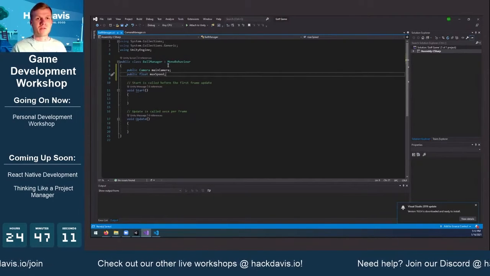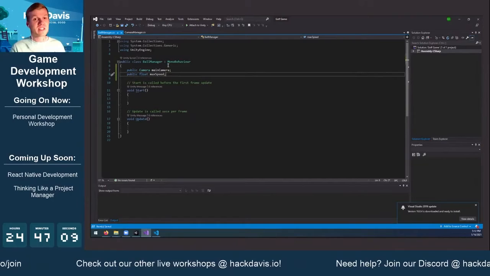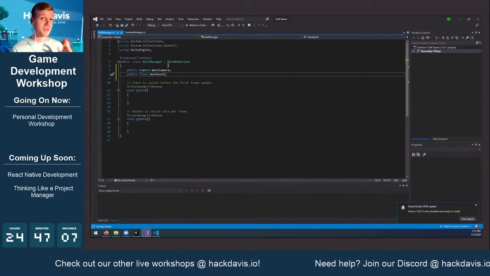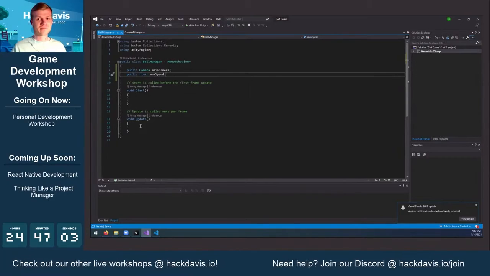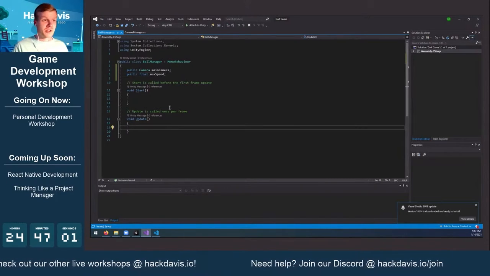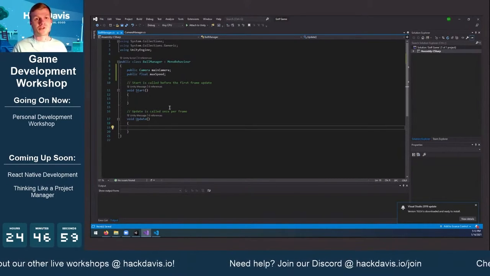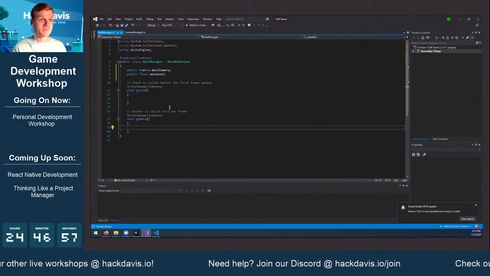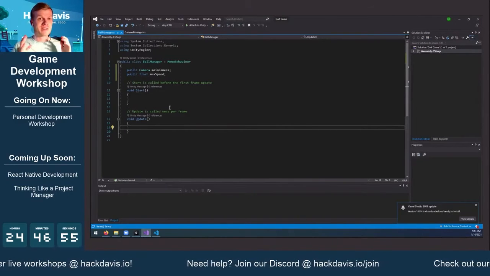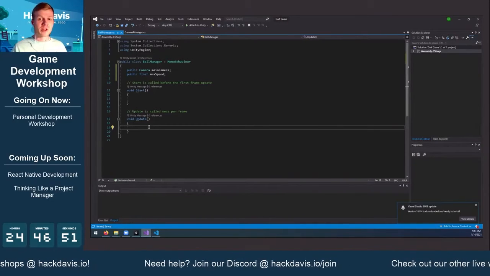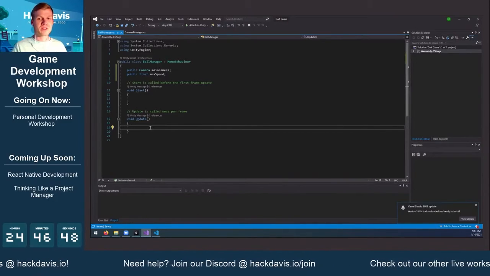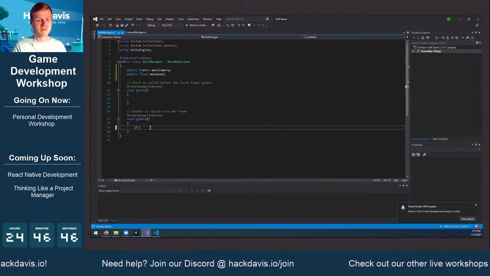And for now, that is pretty much all we need. We'll be adding some more stuff later to this script to hook it up to the UI, but that's going to be a little bit later. And so in the update function, we are just going to detect inputs. We're going to see if they pressed the launch button. And how we're going to do that is we can just check if